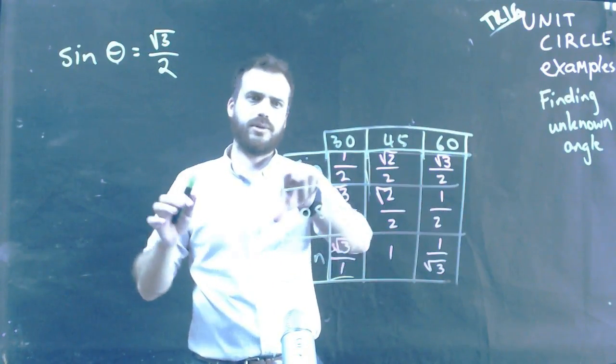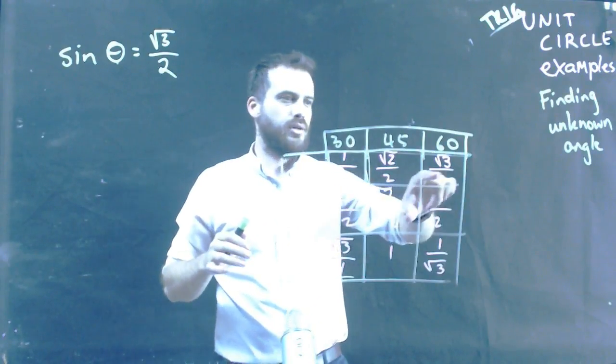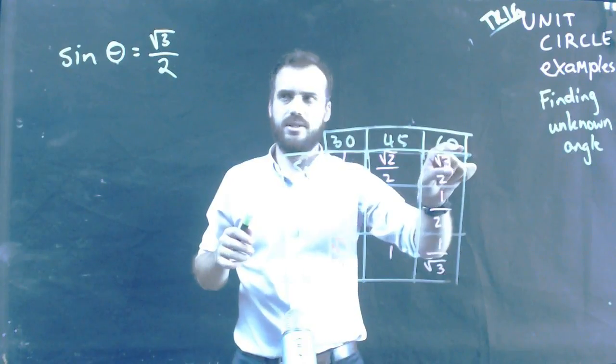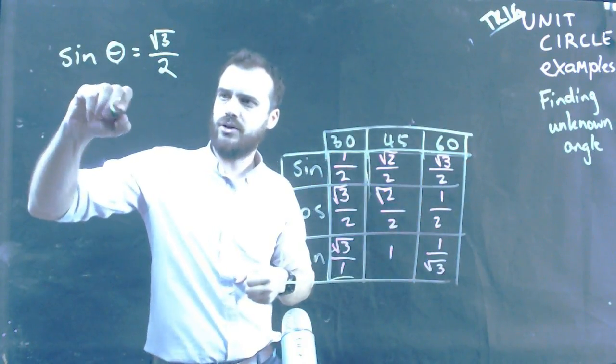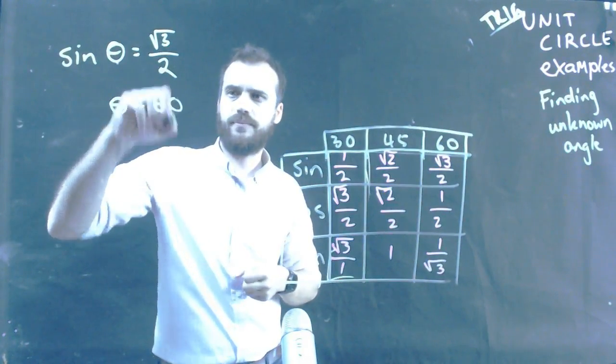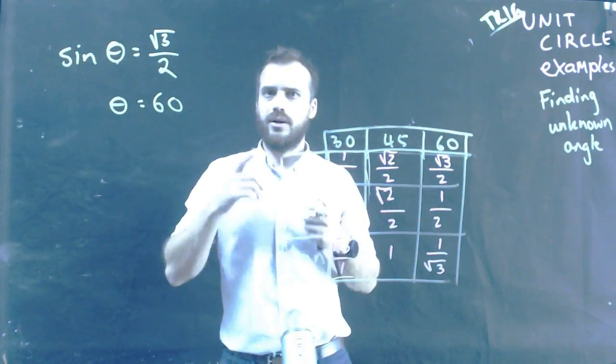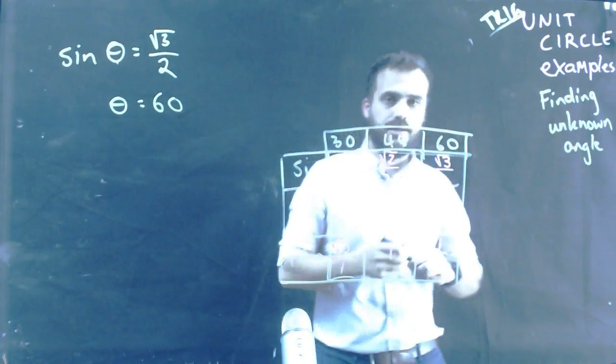Well, it's pretty simple because sine of 60 is root 3 on 2, there it is. So the answer must be 60. And you can jump to that in one step. Not much of a video. The problem is